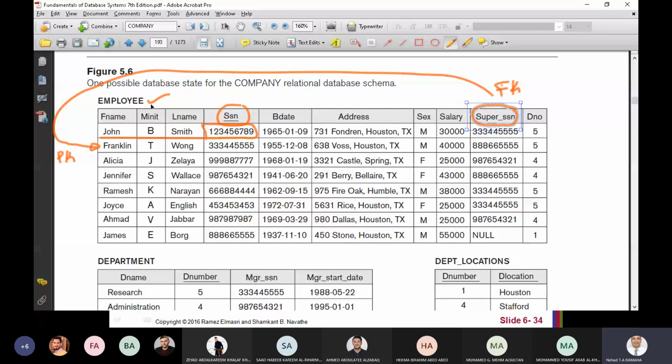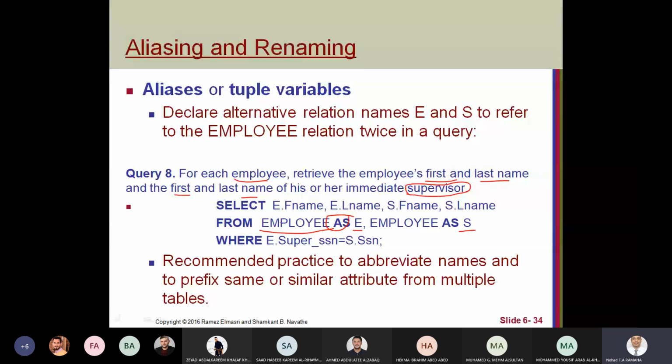So we will give the one with the primary key, which is the employee itself, the name E, and the other copy we will name S. So we need to retrieve last name, first name for E, which is the employee itself, and last name, first name for S, which is the supervisor, when we have SSN equal super SSN.